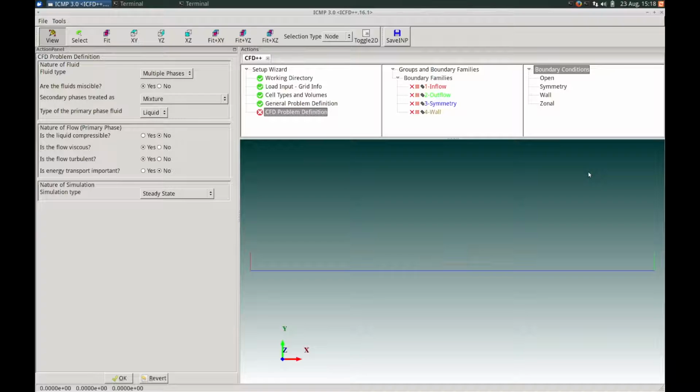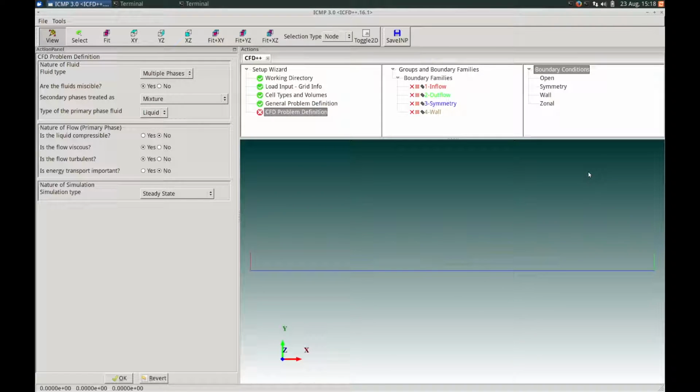In the first section, a mixture model approach is used along with a Rayleigh-Plesset-based cavitation model. The second section uses a time-based Riemann solver-based approach, and a lookup table is used to determine the density from the computed pressure. Before starting the example, I will briefly cover the new features and components of the ICFD++ AUI